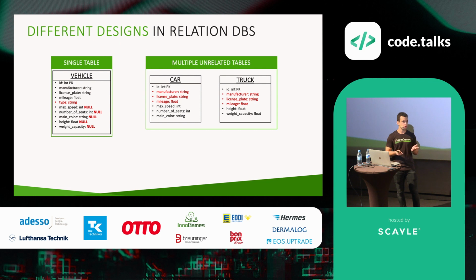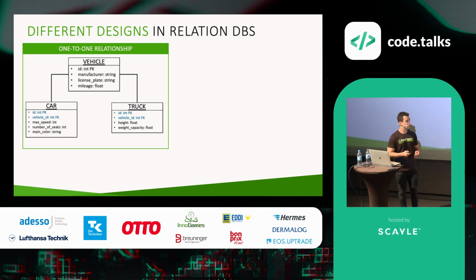Or if I have some char constraint in the license plate and we have a new rule in place, they do not use 8 characters anymore, they use 7, I also have to go to every place manually and fix that. So we usually go to the one-to-one relationship, and on a diagram basis it looks the same as one-to-many or many-to-many, where we have a center table with all the common data and dedicated fields going